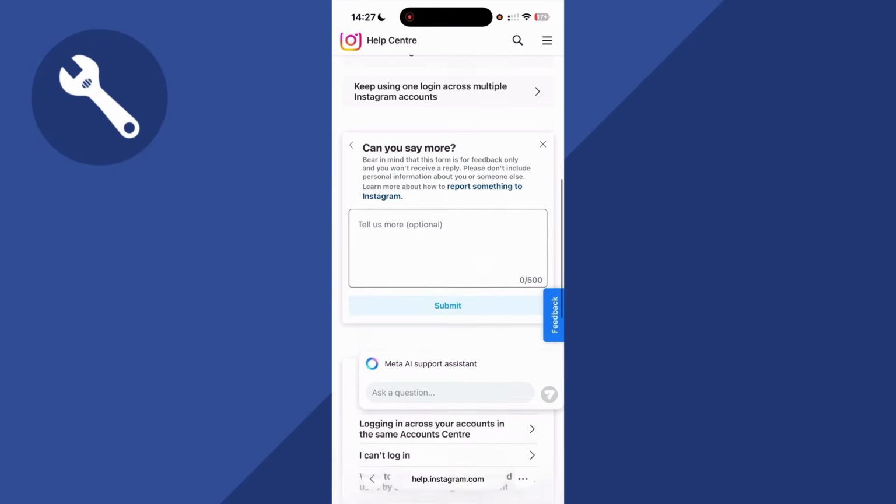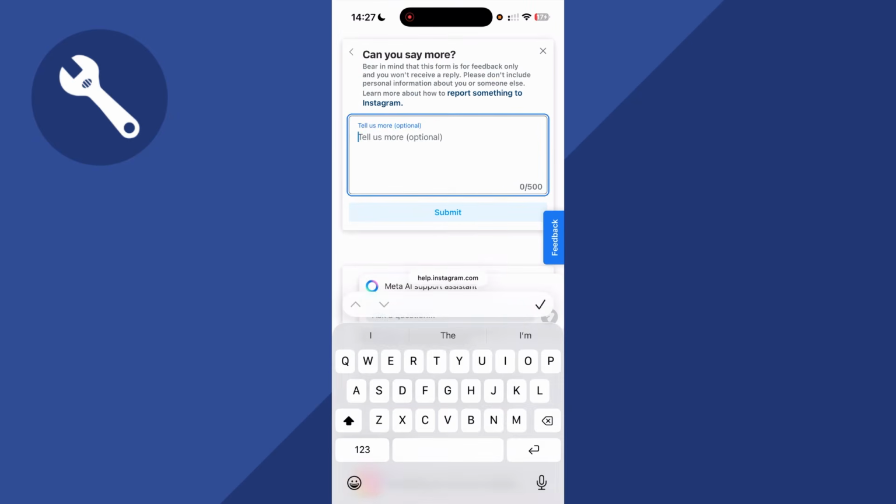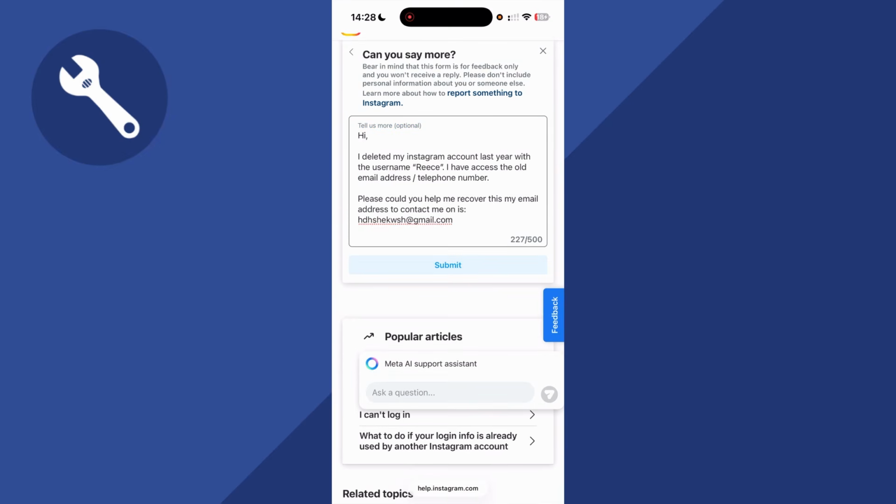Now you're going to see this feedback box here that says tell us more. So you need to use this to go and recover your old deleted Instagram account. So you need to type something along the lines of, "Hi, I deleted my Instagram account last year with the username of Reese." You can mention if you have access to any of the old email addresses or telephone numbers,